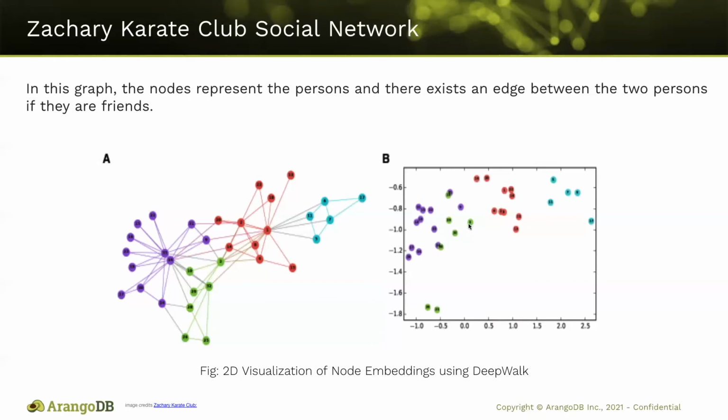For example, the communities of the people marked as violet and green share close proximity in the 2D space compared to the communities violet and sea green, which are far away from each other in the network, which is similar to what is there in the karate graph. So what both of these diagrams imply is that we are preserving the geometric relationship which is there in the graph, and the same geometric relationship is also preserved in this embedding space.